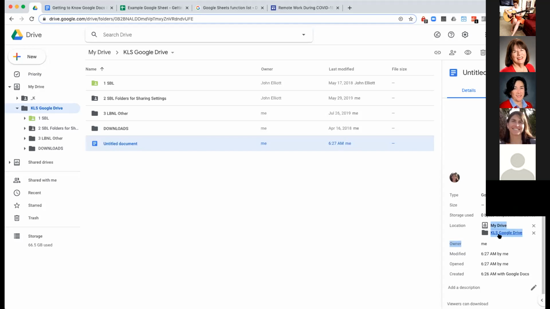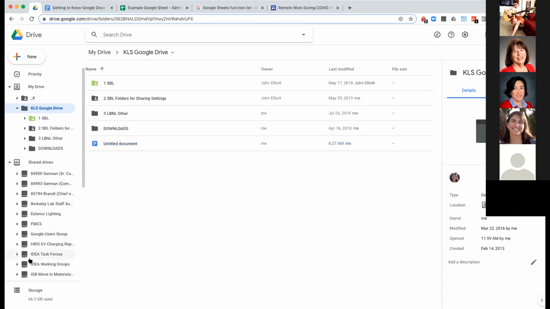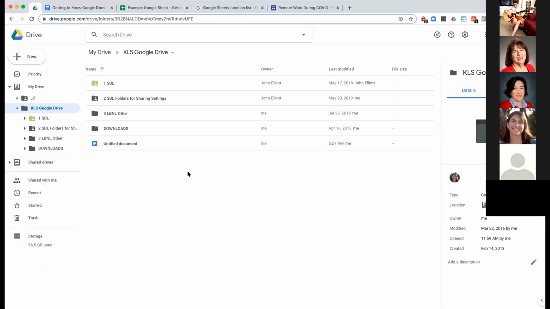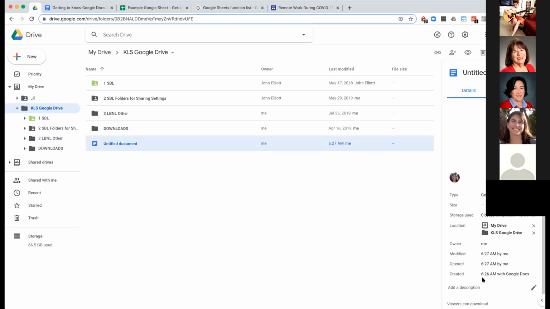It's the same file, one file, not 2 copies. If I make edits, they'll show up everywhere. It's nice because sometimes you have something with multiple topics and you want it in multiple places. The only limitation is that it has to be within the Drive environment. It can't be in the shared Drive environment, which has a stronger, more rigorous framework, so it's not available there. But sometimes you don't know where to file something, so you can file it in both places. And if you want to know where it is, you can always find out under details.